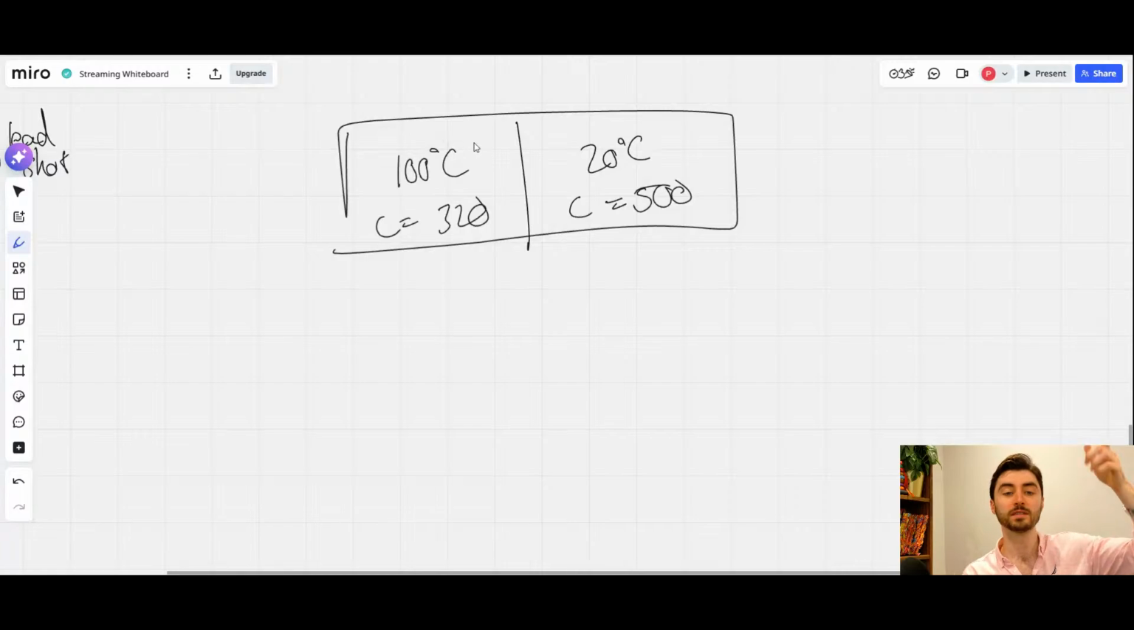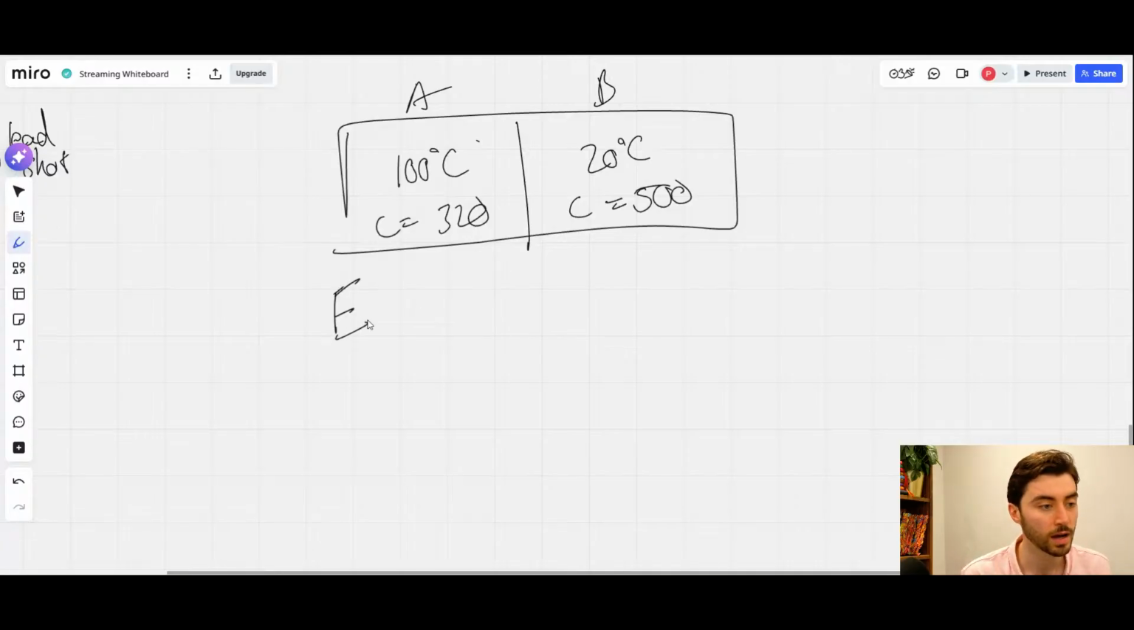So what's going to happen is the thing on the left is going to be losing thermal energy to the thing on the right. So we are going to assume that the energy lost by the thing on the left, so I'll call that A and I'll call that B. So I would always write myself out a word equation first. Someone says,